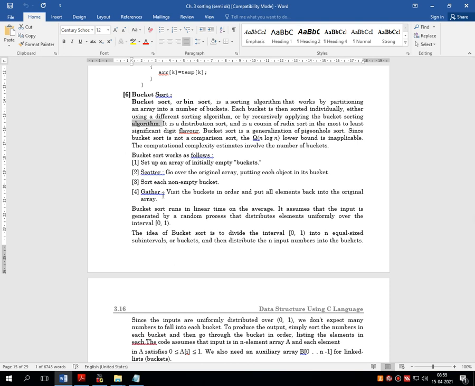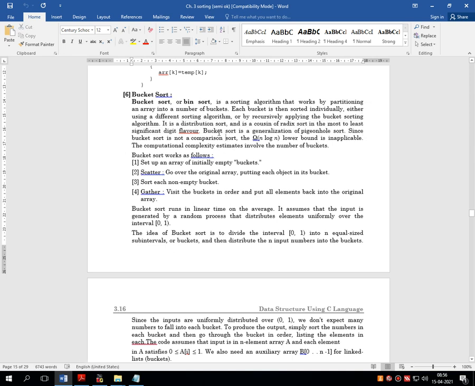The first is that we have to divide our numbers into an equal number of buckets, and then apply any sorting algorithm, or recursively the bucket sorting algorithm, to sort all these buckets individually. It is a distribution sort, and it is also called radix sort.